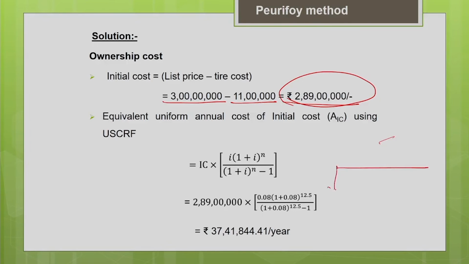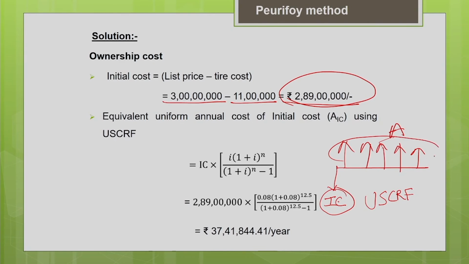Say this is the initial cost, and we are converting this initial cost into equivalent uniform annual cost A. So this IC is made equivalent to A using the uniform series capital recovery factor. The initial cost is converted into equivalent uniform annual cost, annualized cost. We call it the annualized initial cost, using the uniform series capital recovery factor. So the initial cost is your 2 crore 89 lakh, which we have determined just now after deducting the tire cost,